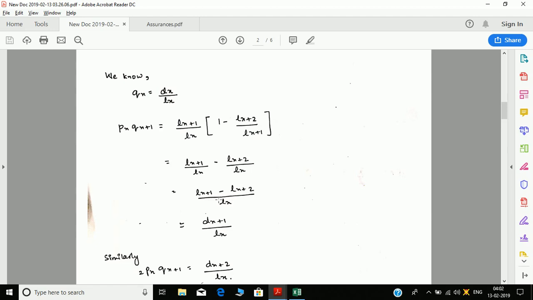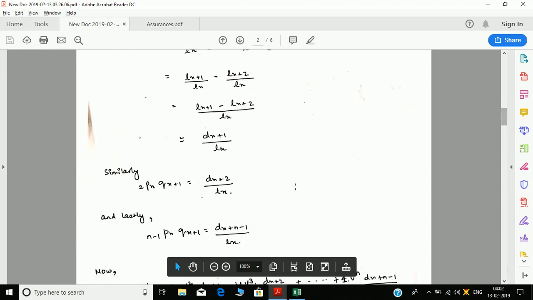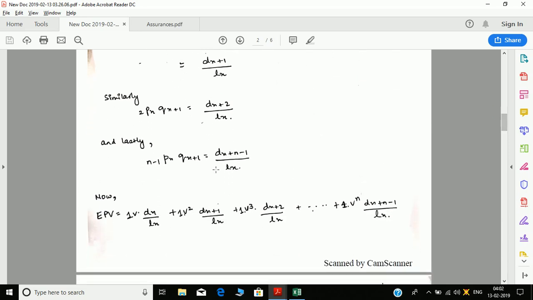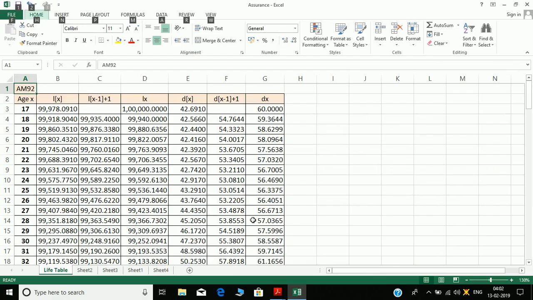That is lx plus 1 minus lx plus 2 by lx, which is dx plus 1 by lx. Similarly 2px qx plus 1 is dx plus 2 by lx, and so on. Lastly, the last term will be n minus 1 px times qx plus n minus 1, which is dx plus n minus 1 by lx. Okay, so we need to find dx by lx first from our sheet.